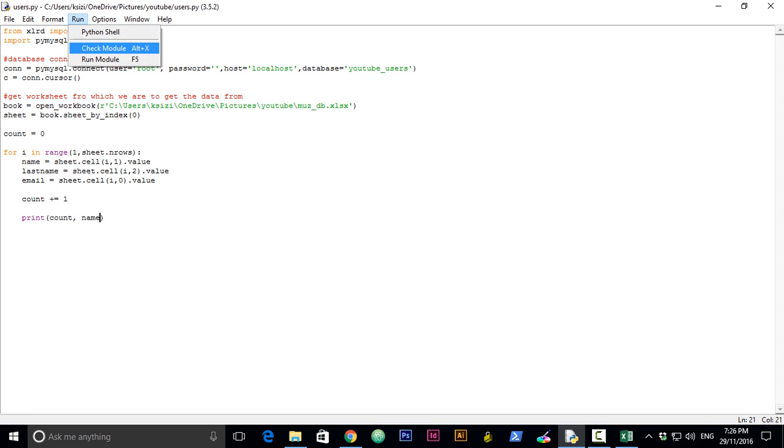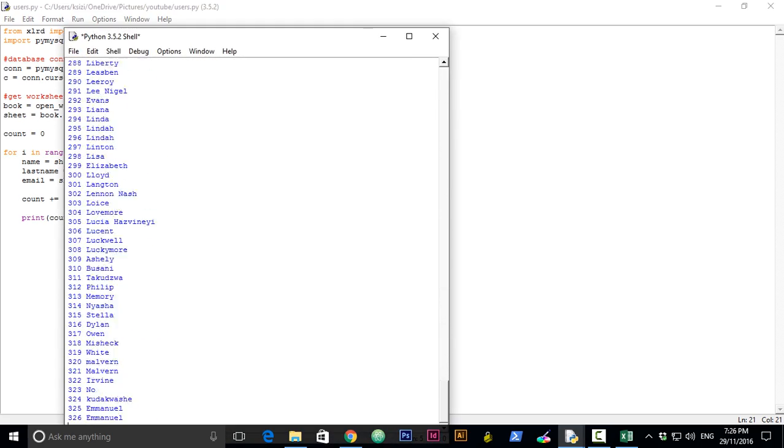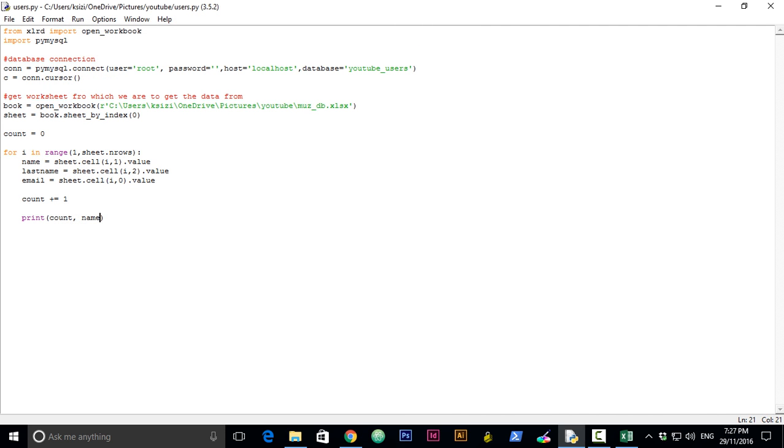Save, click run. Oh, brilliant. So we are getting all the values. So I said 917 minus the first row at index 0, we get 916. So we're getting all the values. So what we now need to do is to insert those values inside